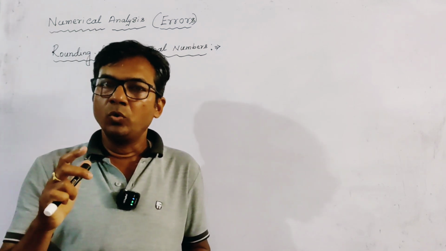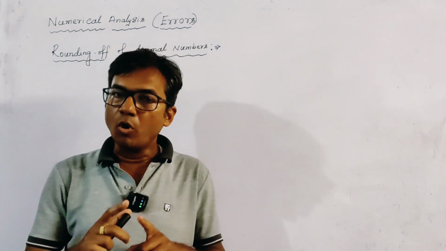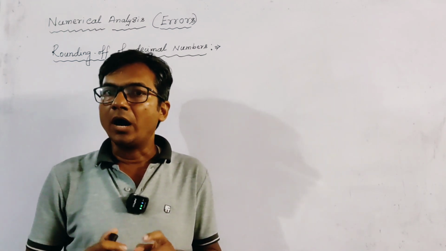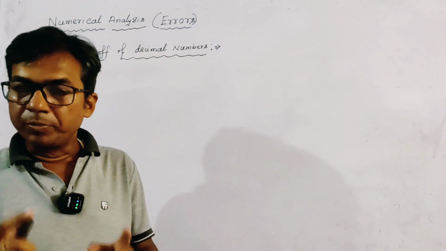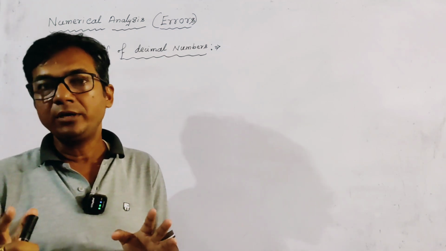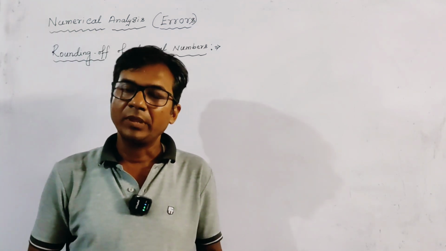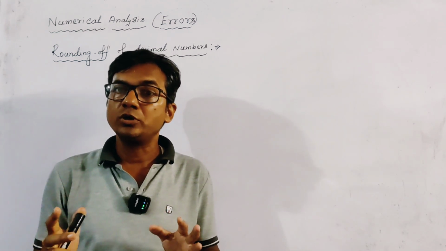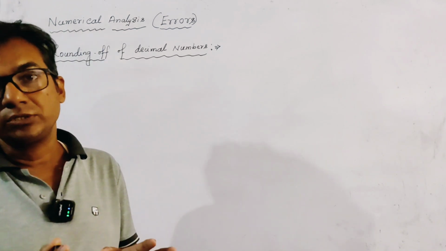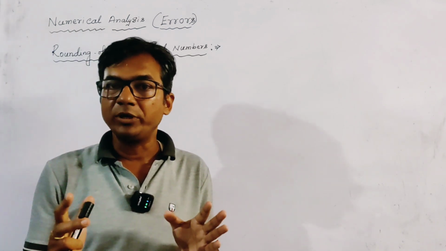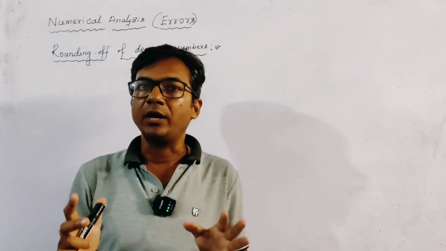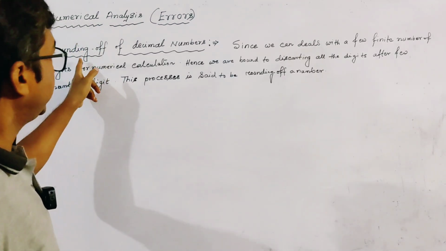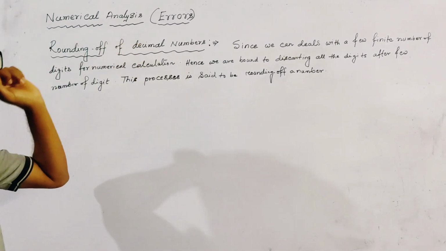we must discard all the digits of a decimal number after a few digits. Okay. So this process, that is the process of discarding some digits of a number, is said to be the rounding of a number. So we can write as a definition of rounding of a decimal number,